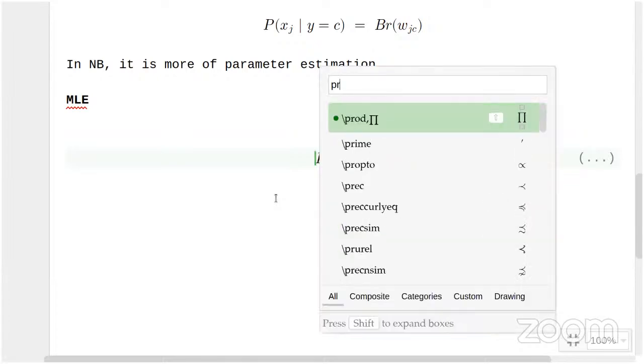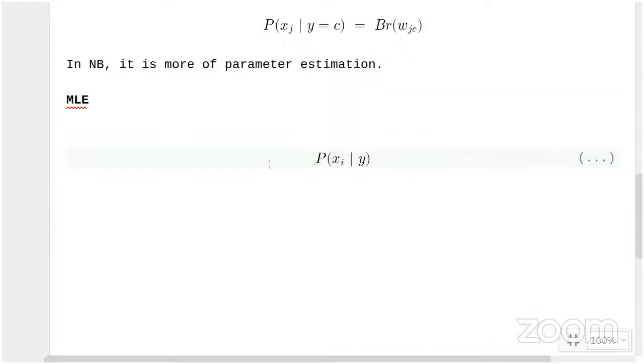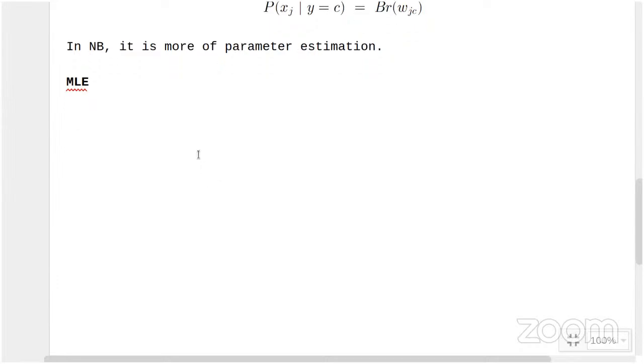So do you want me to do the whole derivation for Bernoulli naive Bayes, or is it enough if we just look at the final estimates for weights? Which do you think is better? Any preferences? Yeah, the final would be better, in the interest of time. Okay. We do MLE basically. We try to maximize the likelihood, and that will also be another optimization problem. We take the gradients, set them to 0, and finally what we end up with